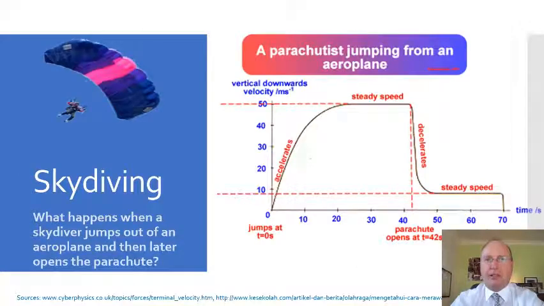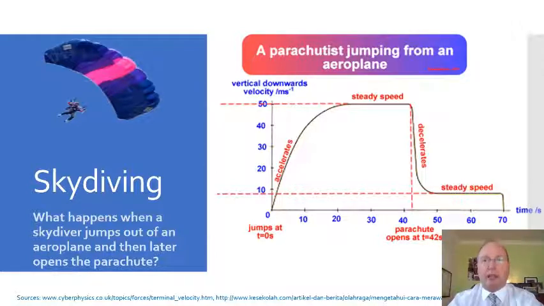So we're dealing with air resistance and drag. What happens to a parachutist or a skydiver when they jump out of an aeroplane and then later open the parachute? Here's a graph with time measured in seconds on the horizontal axis and the vertical downwards velocity measured in meters per second. And you'll notice in the first 10 to 20 seconds, the parachutist is accelerating, and it gets to a point where around about 20 seconds or just after, the velocity levels out